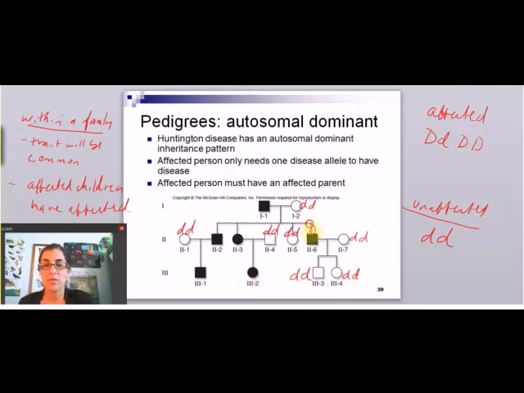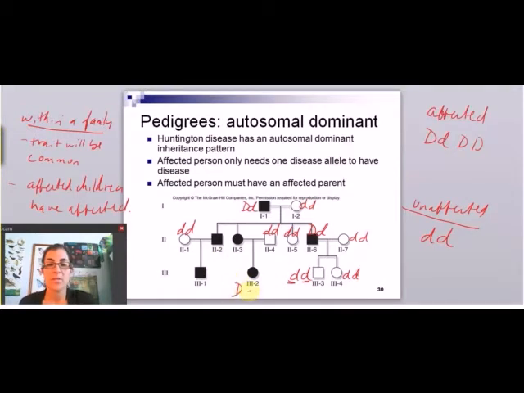So this person has a disease, so they must have at least one of the dominant alleles. But because their child does not have it, they got each one of these from one parent, so one of those must have come from this parent. Same thing here. This person has the disease allele, but because they have children that don't, they must be heterozygous. And then